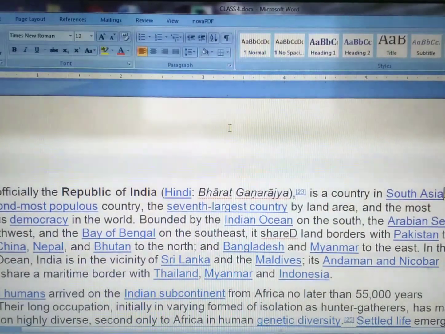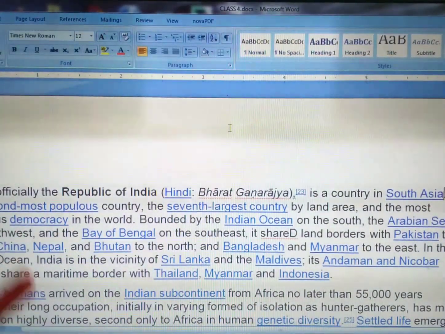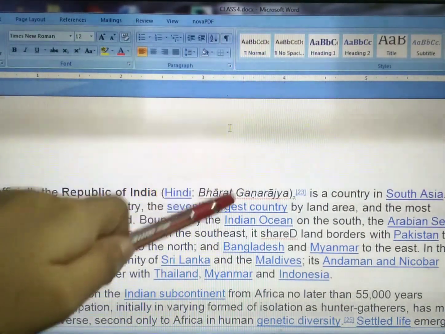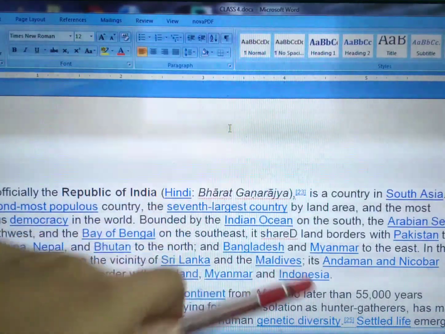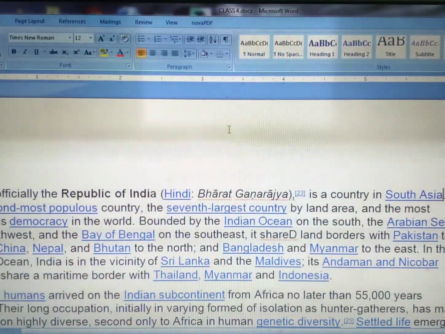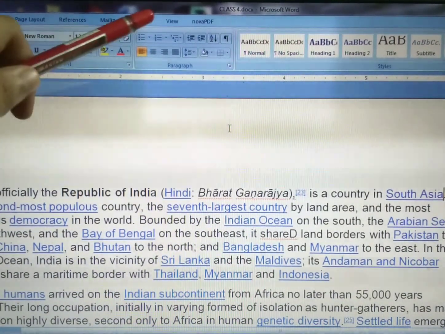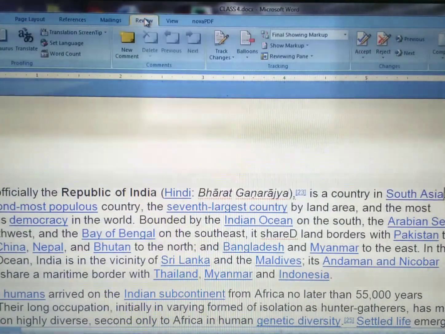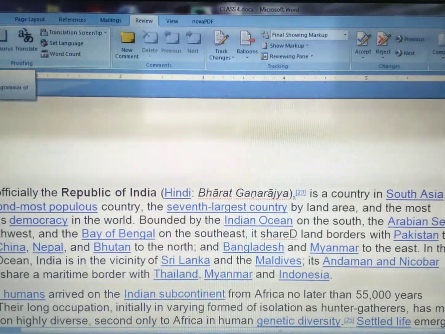Kids, on the screen you are able to see a Microsoft Word document. As we have discussed, a red underline is displayed beneath the spelling error. So there are lots of spelling errors displaying here. Okay. So first of all we will look through the review tab. From here, spelling and grammar. I'm clicking on it.